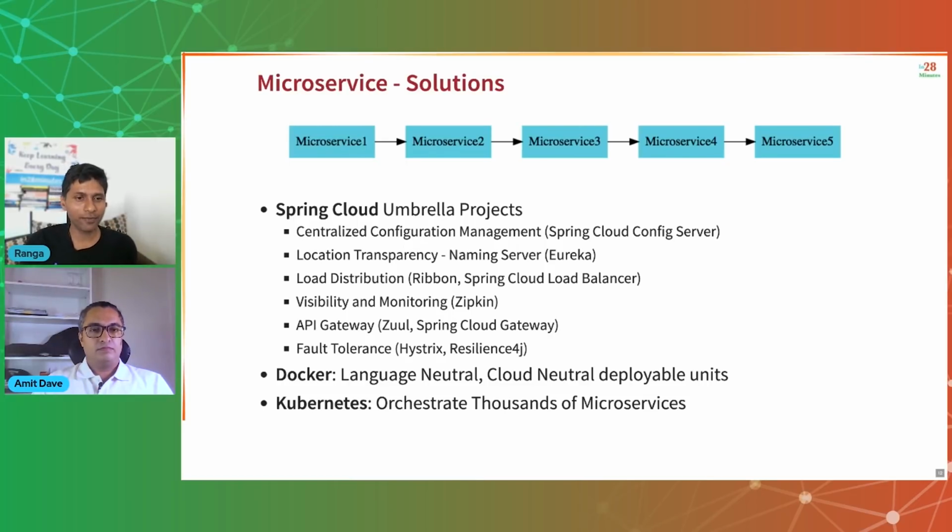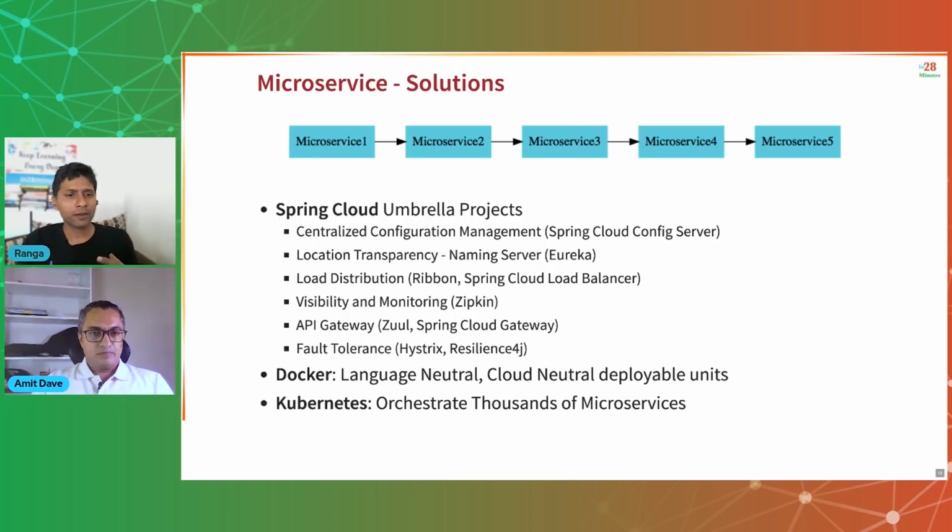Once you have a REST API properly built, that's when you would want to bring in all the microservices related features, right? Earlier we were talking about centralized configuration management. Once I have multiple microservices, I don't want to hard code the URL of one microservice and another microservice. That's where something called service discovery comes into the picture. Once I have multiple instances of microservices, I would want to be able to distribute load between them, right? And also we talked about visibility and monitoring being very, very important.